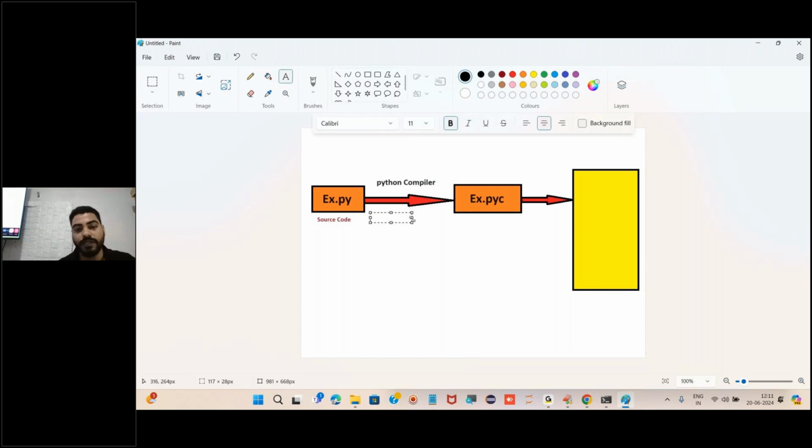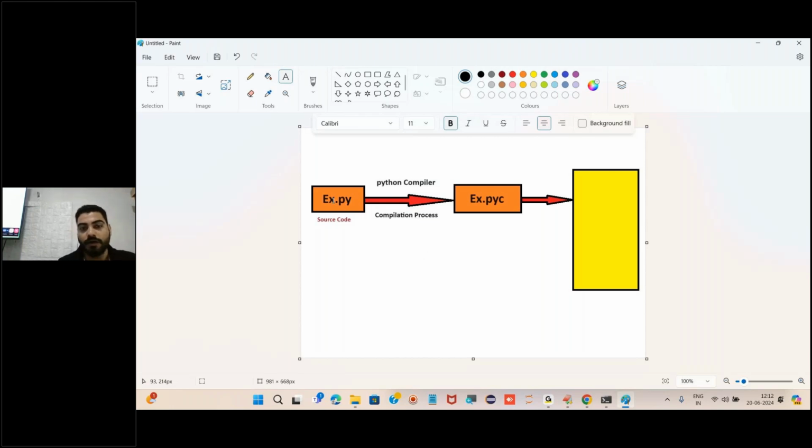Also, one more task it has, that it checks for errors. Whatever errors we have inside our programming, it checks them. So it is the compilation process.